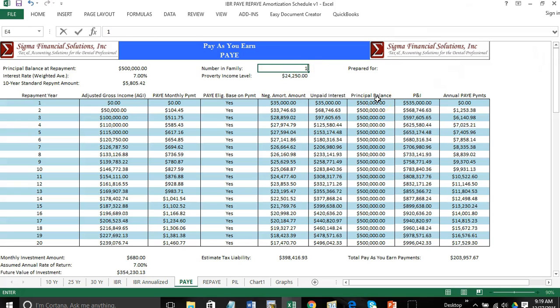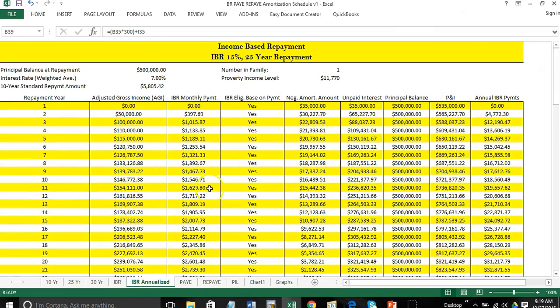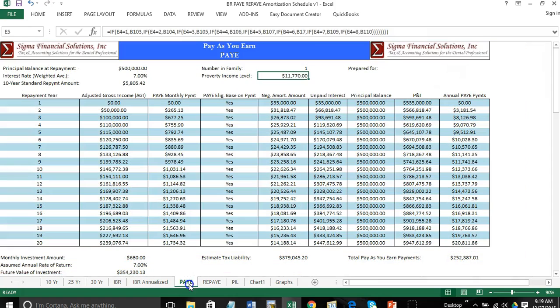$100. And just to give you a sense of the payments, at $50,000, you're looking at about $265, as compared to IDR, where you're looking at $400. So you can see that with Pay As You Earn and subsequently REPAYE, the monthly payments are about a third less than IDR. So that's one of the reasons you want to move out of IDR if you have the opportunity, because it'll drop your monthly payments by about a third. And that obviously will have a big influence as your income increases.